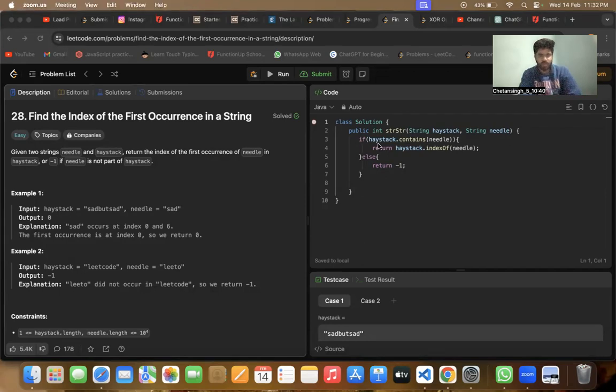Today I am here to solve a LeetCode problem. Question number 28: Find the index of the first occurrence in a string. Here we are given two strings, needle and haystack. We have to return the index of the first occurrence of needle in haystack, or -1 if needle is not